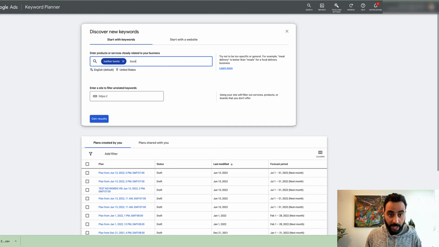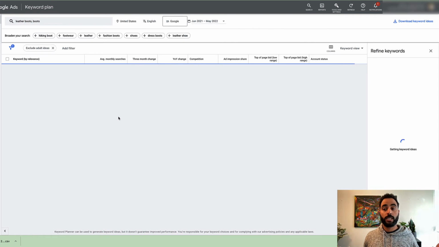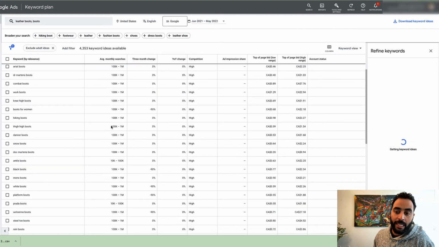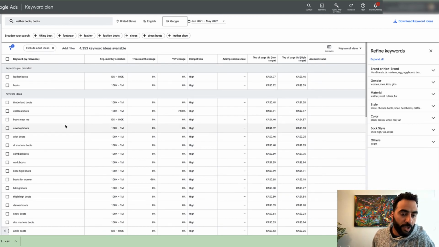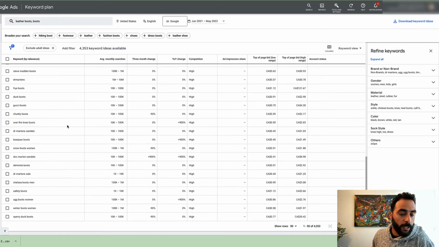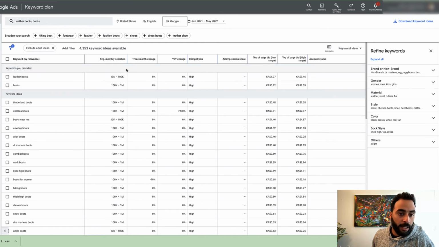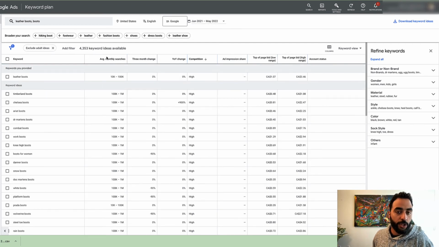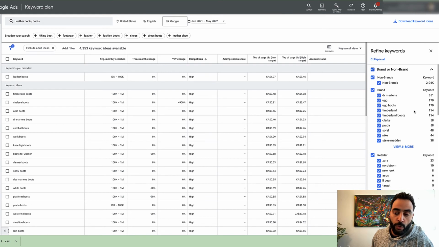or you could even target boots, and then you click on results. They'll give you a whole list of keywords that you can consider for your article or for your ad campaign. You can click up here to organize it based off of volume, based off of competition, and in this section here, you can choose to omit